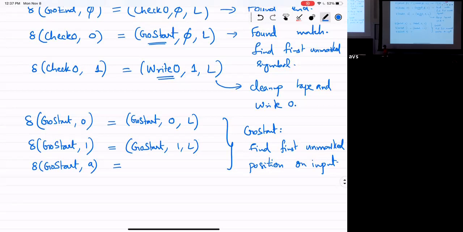So if I see an A, that means we jump one step. I mean, basically we found the first input, right? So we'll say, go to the starting state where your entire computation started. You have to repeat the whole thing again. And you don't do anything and then move the head to the right.